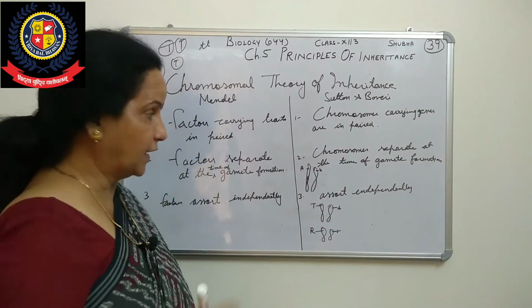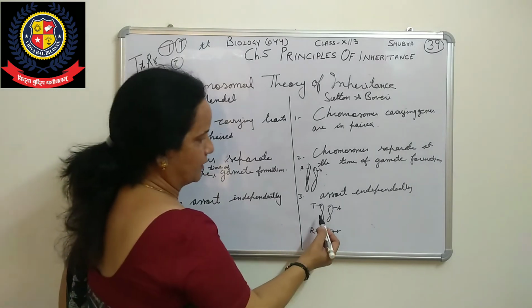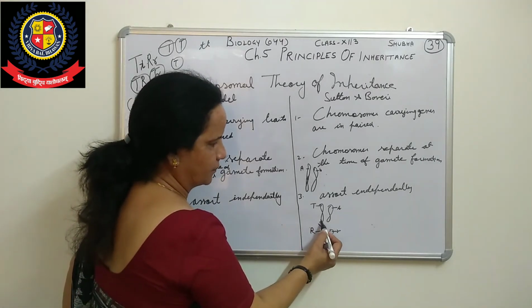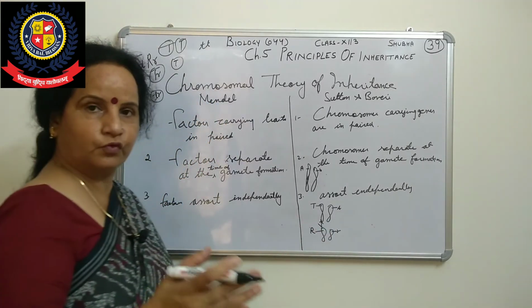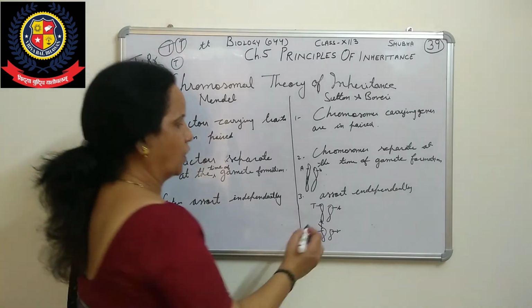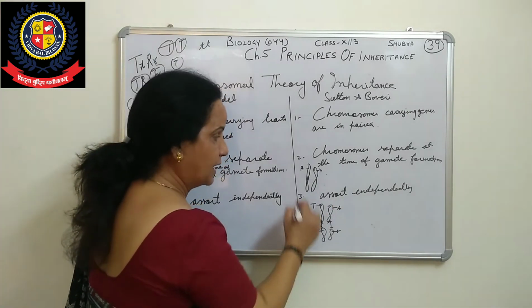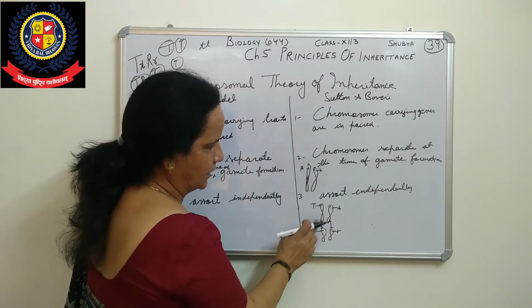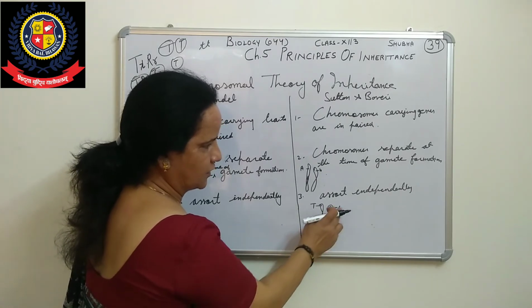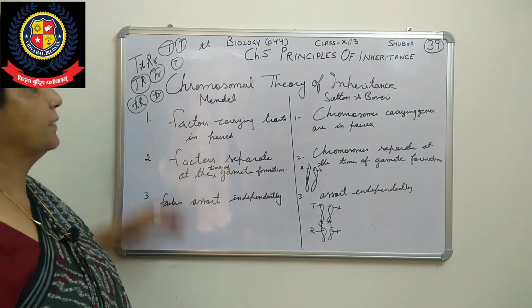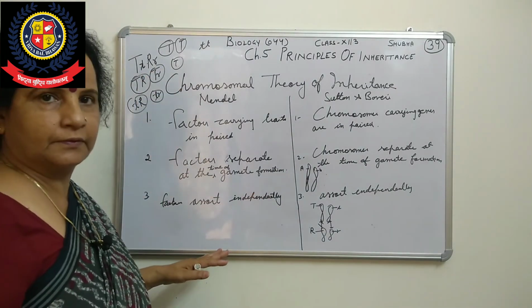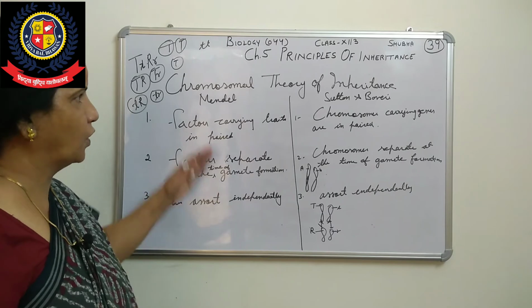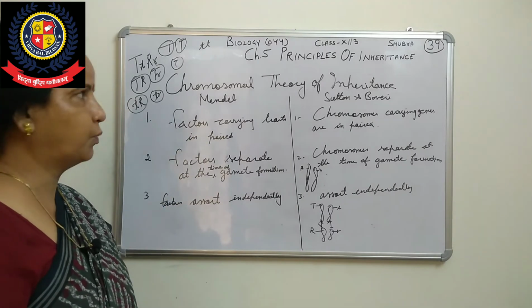Right. So now the chromosomes, when they fuse together, will be combined in this way, or maybe in that way also. Maybe this one capital T and R, maybe capital T and R, and small t and R. Here what I have told means there is independent assortment. So we have seen all points are the same.